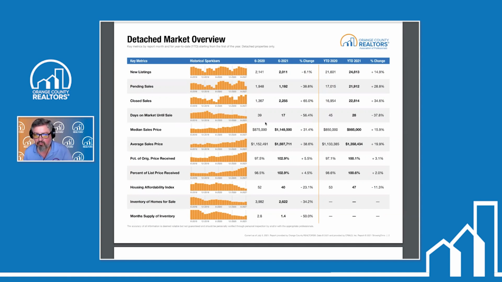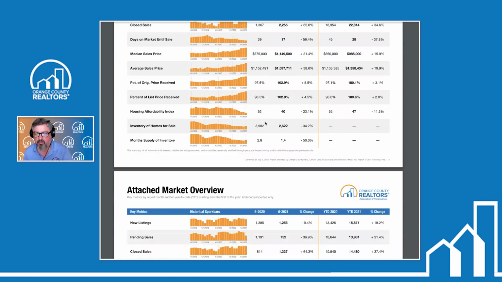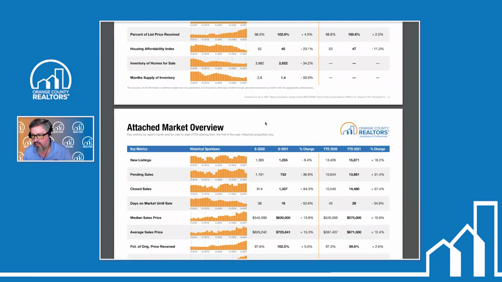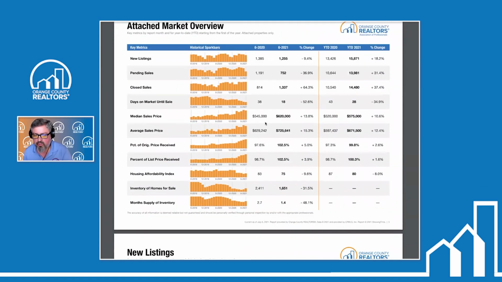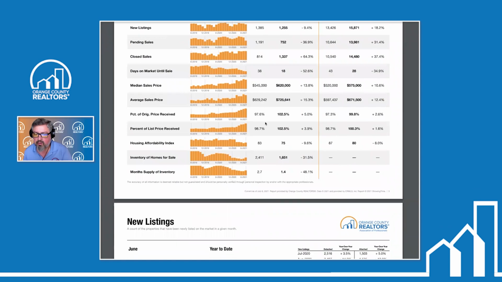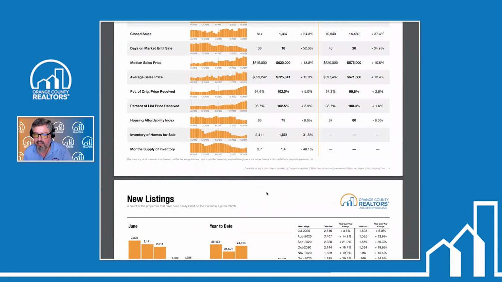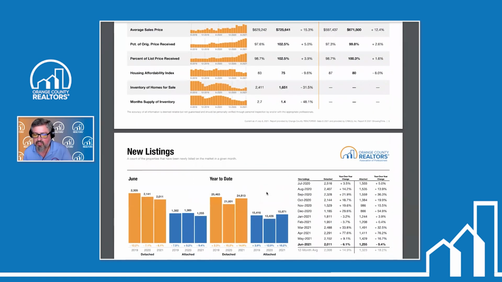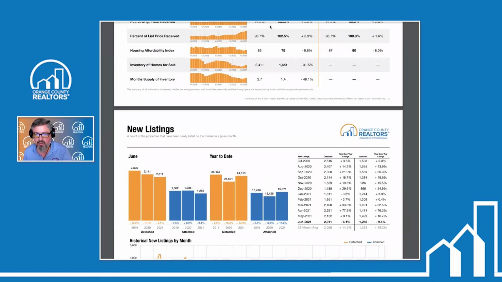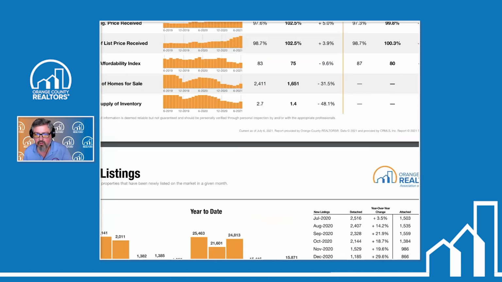But here's where we're going to really dive into this. I'm not going to bore you with going over the individual stats like before with attached and detached, but what I want to show you here is by page 4, we're now going to break it down to the individual stat itself. Now, what I like about this here is that at the very top, and I'm going to increase this a little bit more,